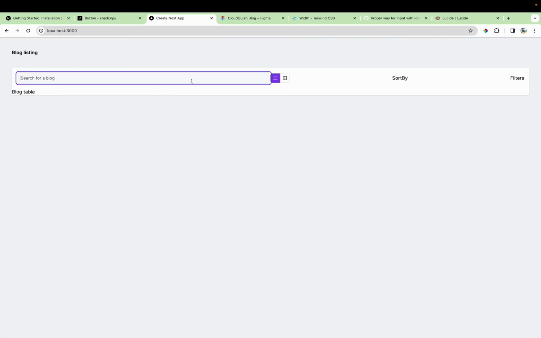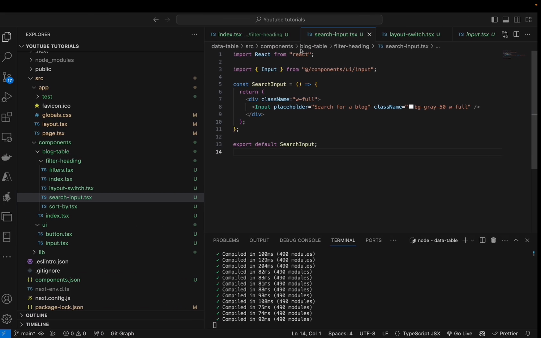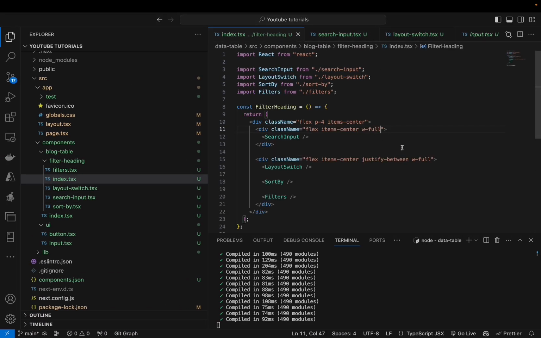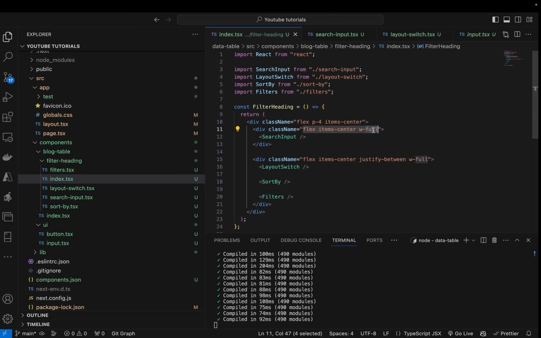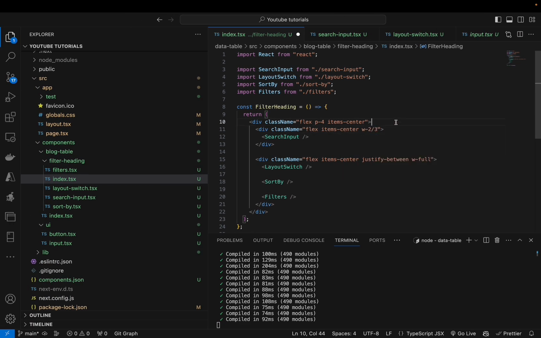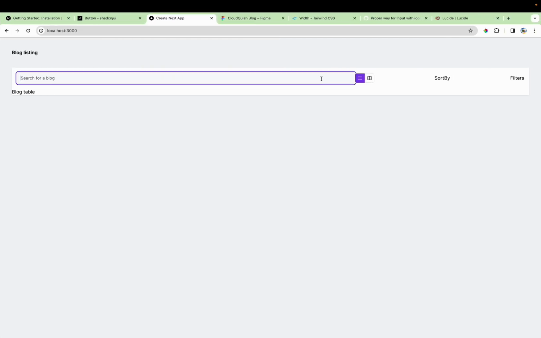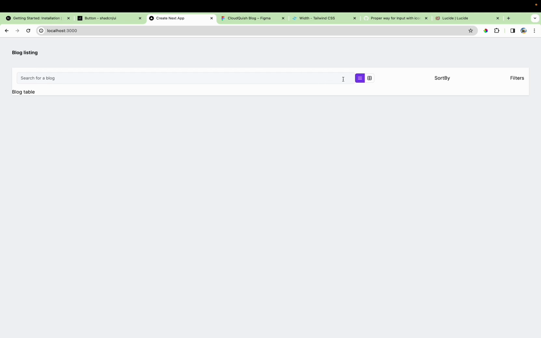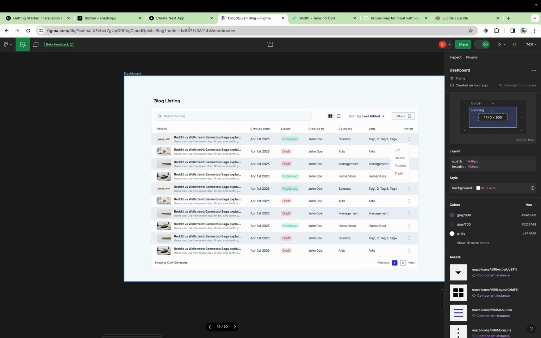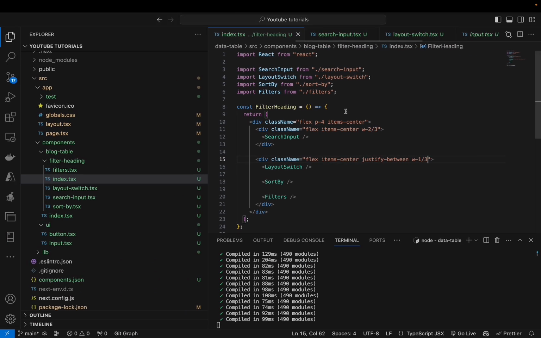So you will see that I have this width full on this, and maybe I can make it like width 2 by 3, and this will be 1 by 3. Yeah, so it will cover around 75% or around 66% of total width, and then we will have another part. And in this one,